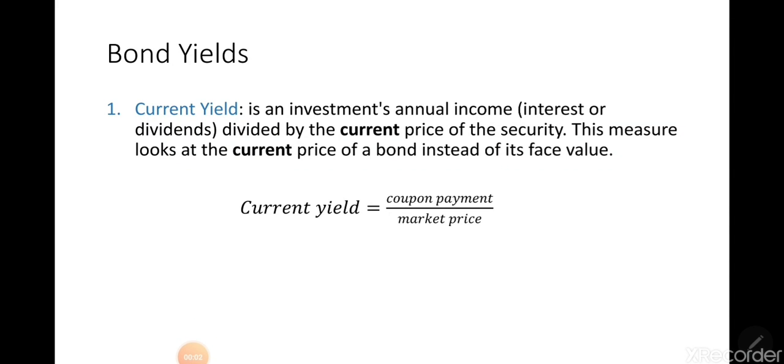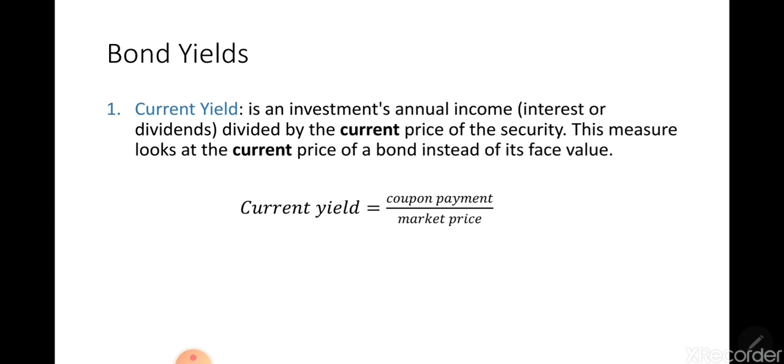In this video we will be recording the different types of bond yields. We will be discussing current yield, yield to maturity and yield to call. So let's begin. Current yield, number 1, is an investment's annual income, interest or dividend, divided by the current price